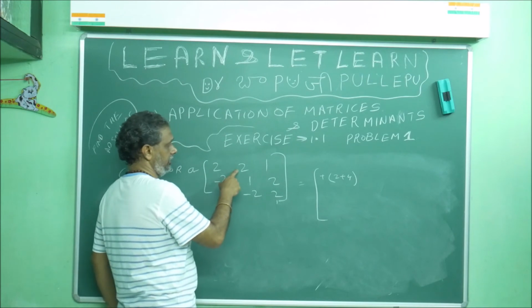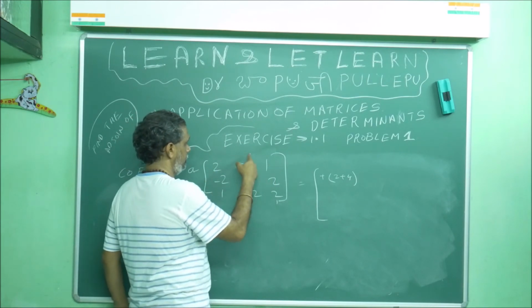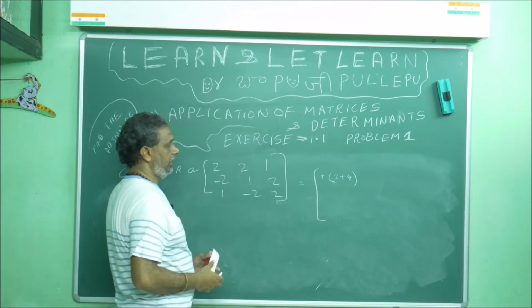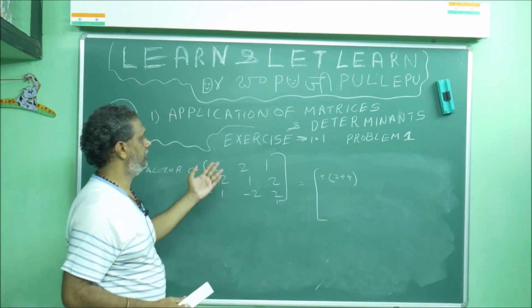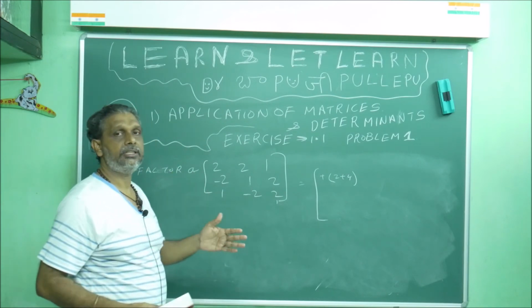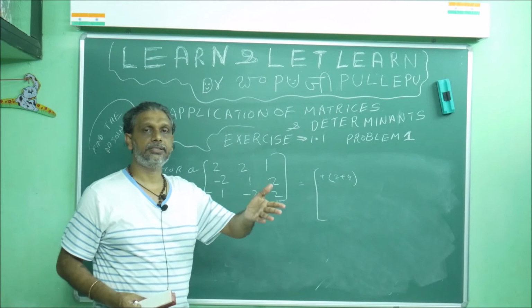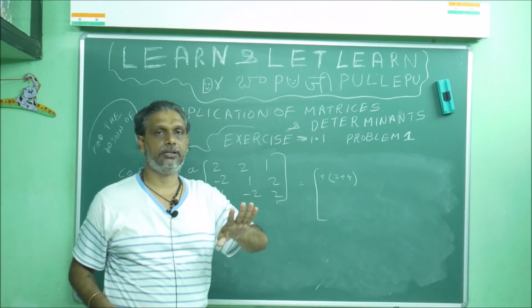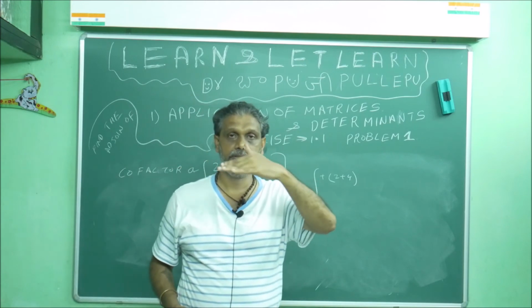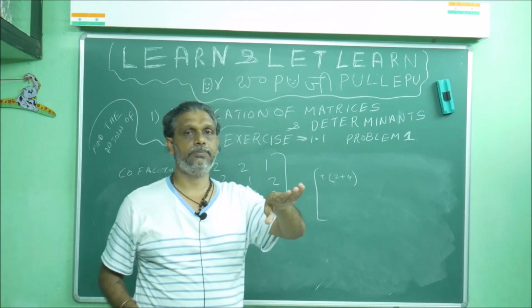Then this cofactor of 2, leave this, correct or not? This row, this column, the element where it stands, that row and that column you can omit to find cofactor, but you start with plus minus. Always you can remember whatever may be order. You don't get 4 by 4, maybe in future if you get also, don't worry. First row plus, second row start with minus, third row plus minus.